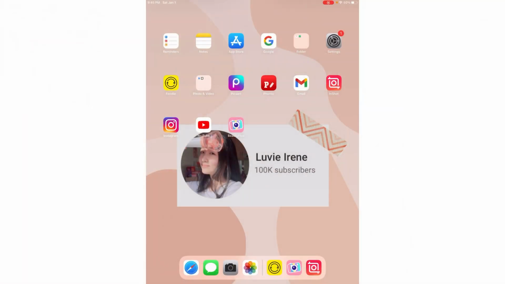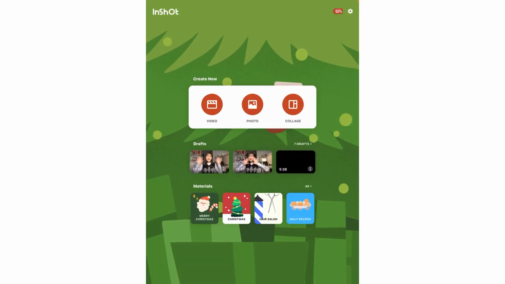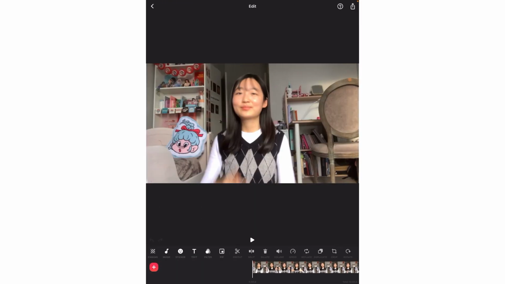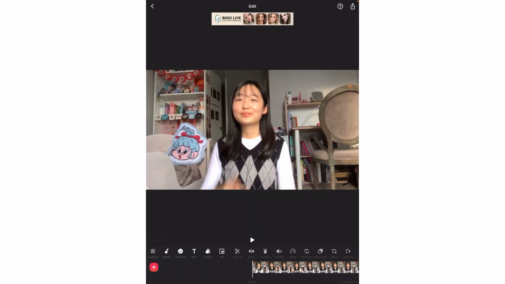Here you can see my home screen. There's really nothing much on my iPad as I am on it right now. And when I'm editing anything really, I'm usually on my iPad. Rarely I'll go on my phone, but anyway, let's go on to InShot. So right now they are having like this little Christmas version, and I already made a draft, so let's just go into that. So this is the video that we'll be editing for today,